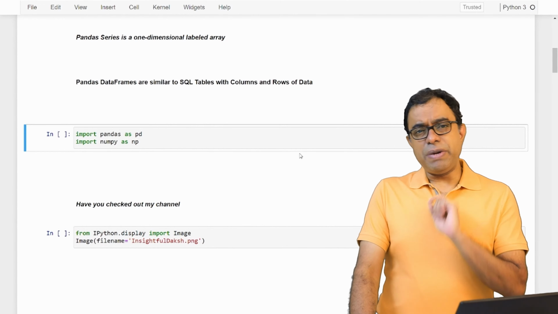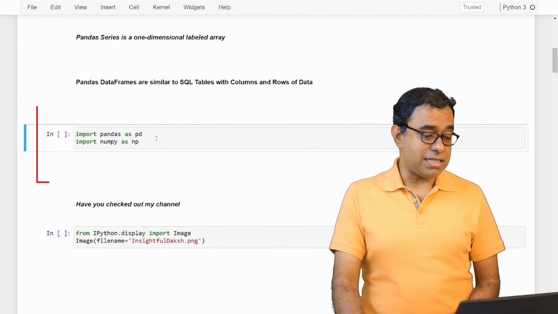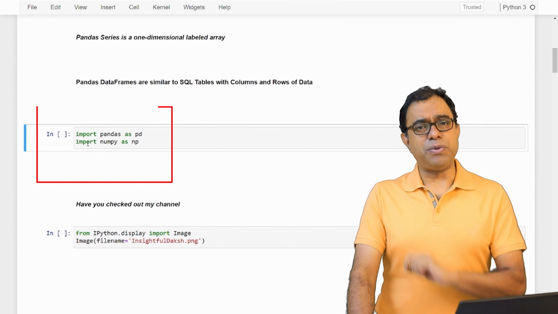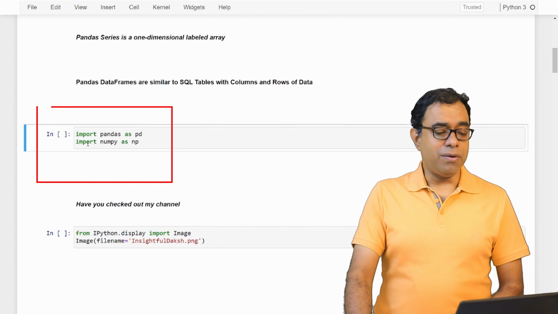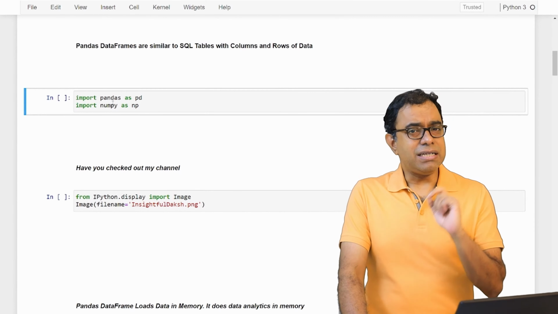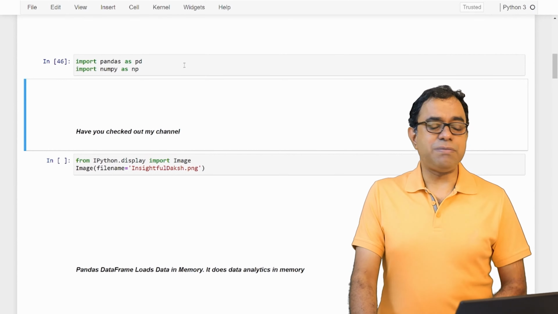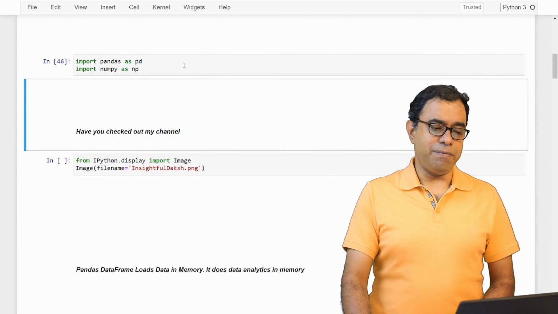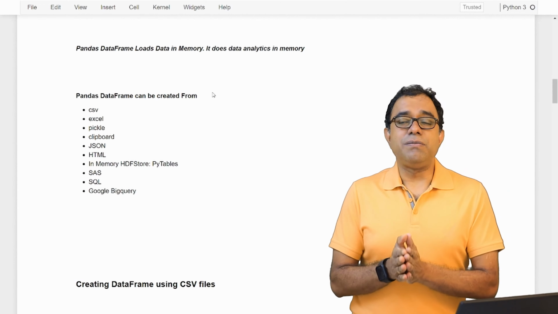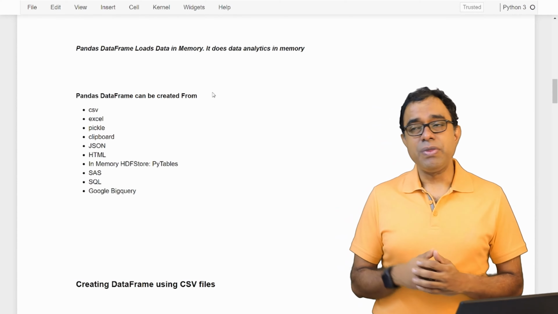Now to use Pandas DataFrame, we have to import pandas as pd, and as an accessory thing, we should also import numpy as np. NumPy is not required to use Pandas, but it is very helpful. So let's import pandas as pd and numpy as np. Now there is one very important distinction between considering a Pandas DataFrame as a database.